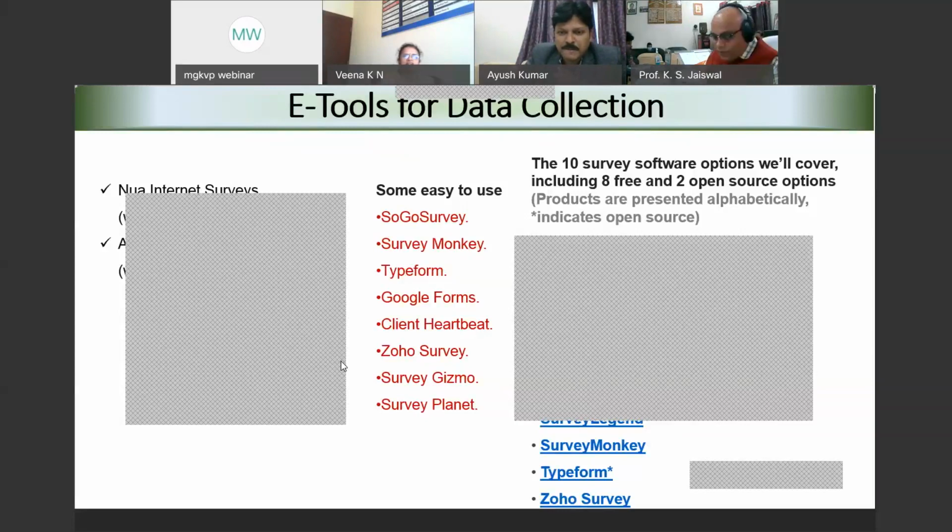What are the best data collection tools for combination research? Again, this is a very broad question to answer. What type of research design you are using leads you to the data collection tool. That could be the generic answer that I can give at this point of time.